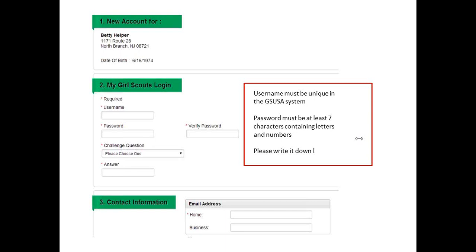So if a troop leader, lots of good questions coming in, if a troop leader were to register their whole troop, those coupons go directly to the families. So the coupons are going to go to the email address that's on file for that child. It's generated through the, if you're registering just a child in your troop, the email confirmation goes to the parent email address that's sitting in that child's record. The troop leader will know that they're registered because they will have that active registration on their troop roster.